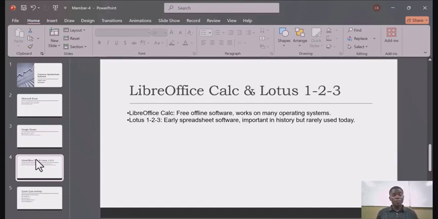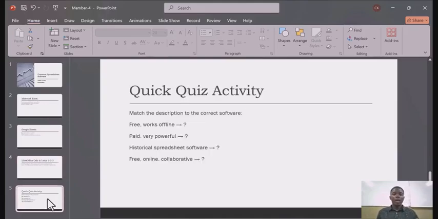So class, these are the three things I want to explain to you. I have a quick activity here, a quiz, on what you've learned today. I want to do this test to see whether what I taught got into our heads. So let's match the description to the correct software. Per my slide,